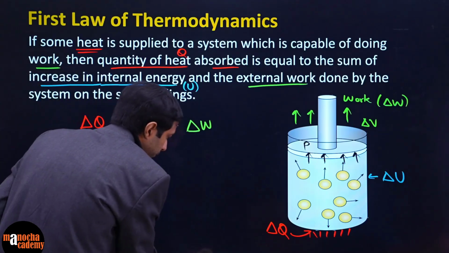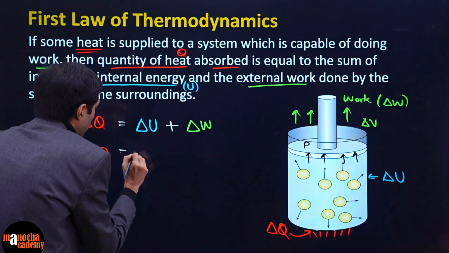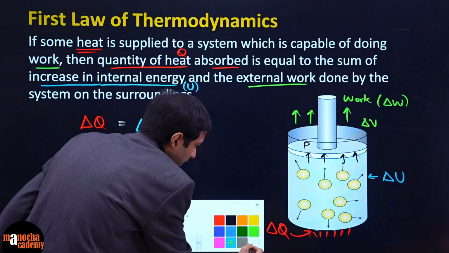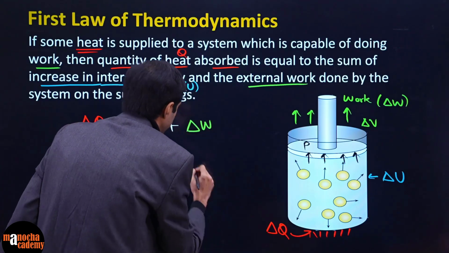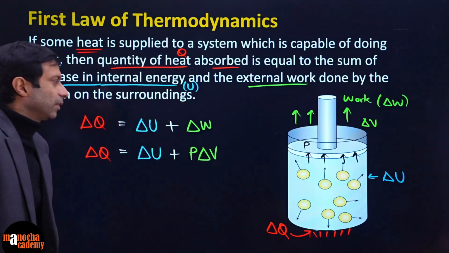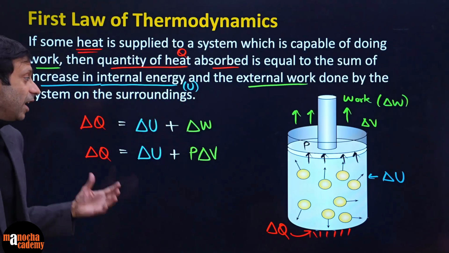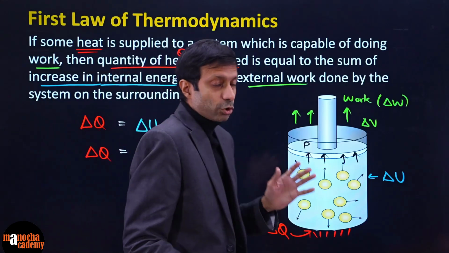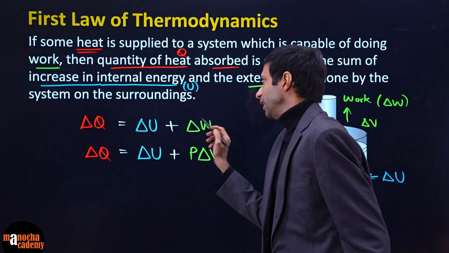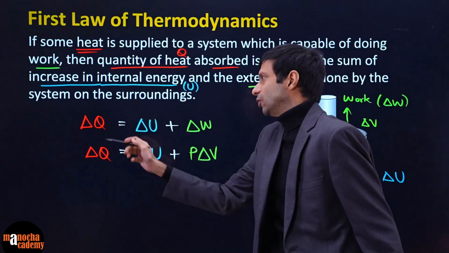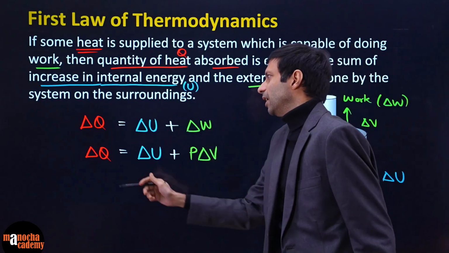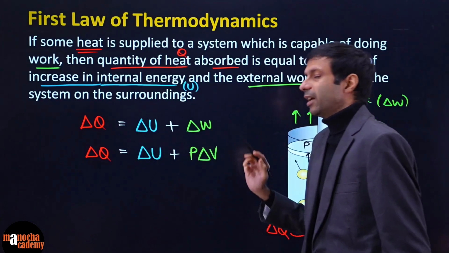Delta Q is equal to delta U, increase in internal energy, plus P delta V. Pressure times increase in volume. Make sense? And now can you guys tell me what is this first law? So as simple as that, right? So the first law expression is heat equal to internal energy plus work done. So or change, right? So change in heat equals change in internal energy plus the work done or change in work done, right? And so delta Q is delta U plus P delta V.